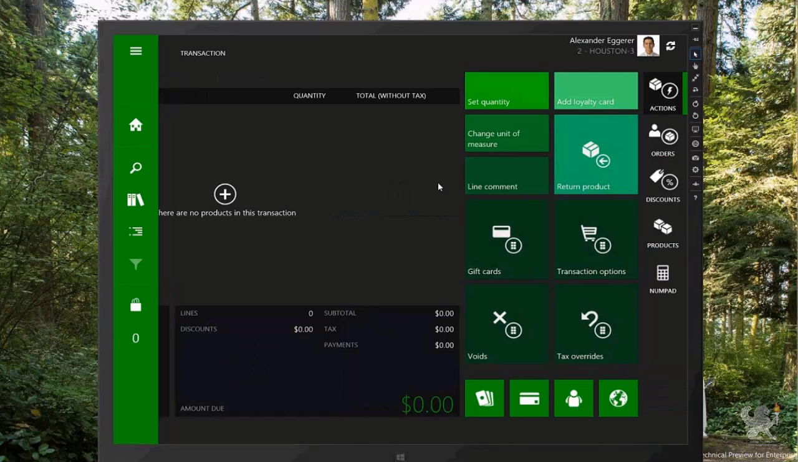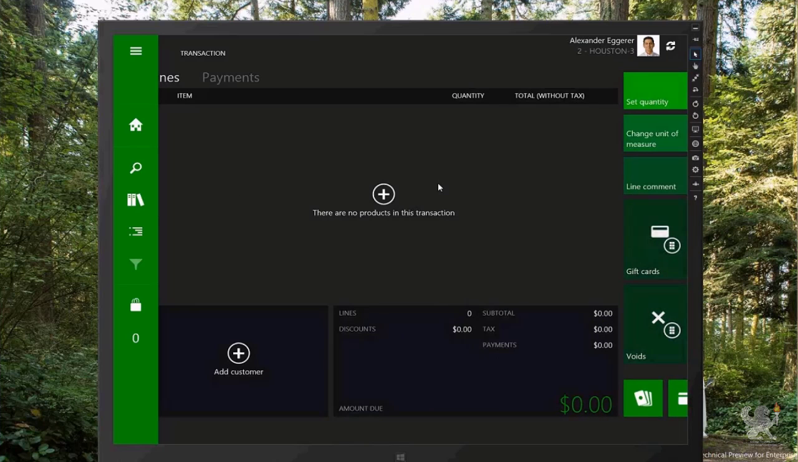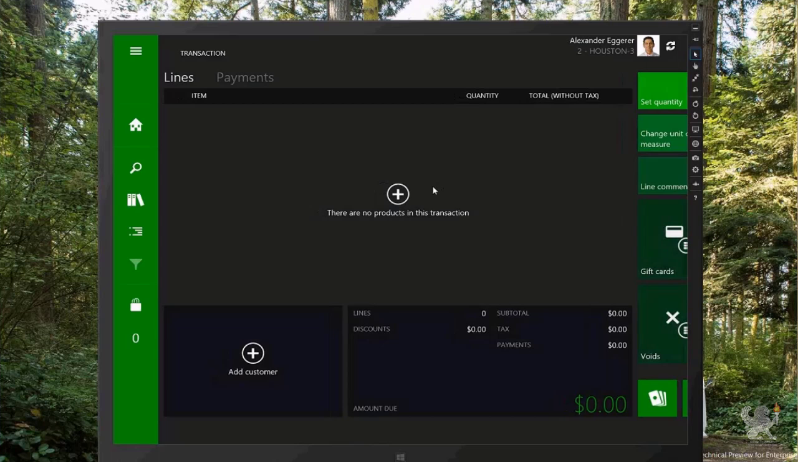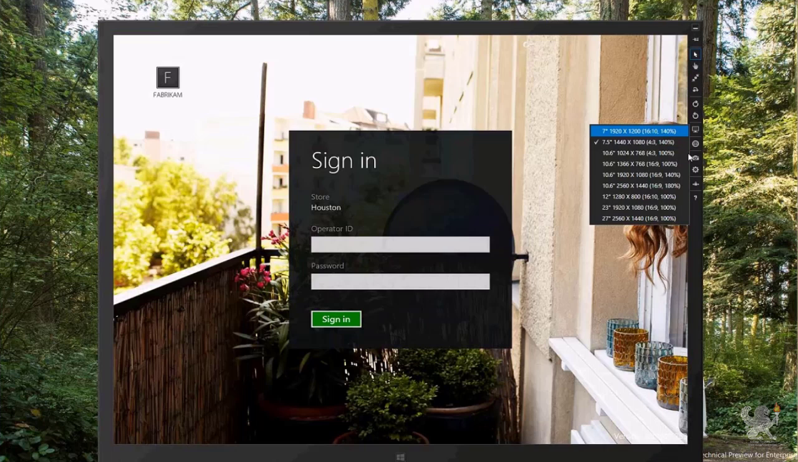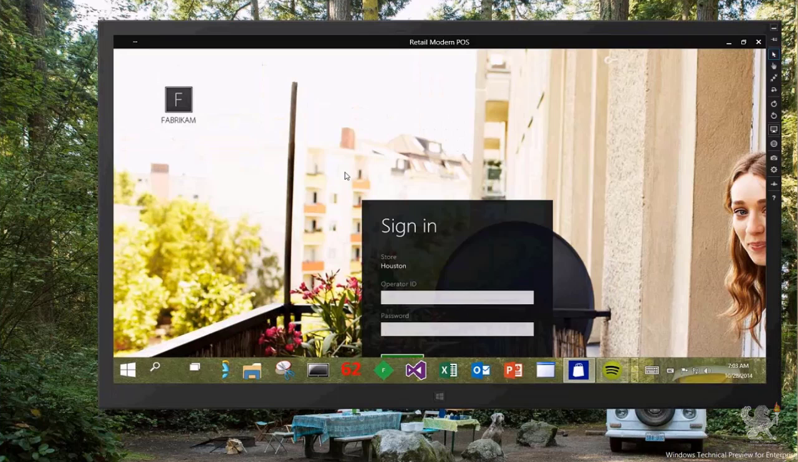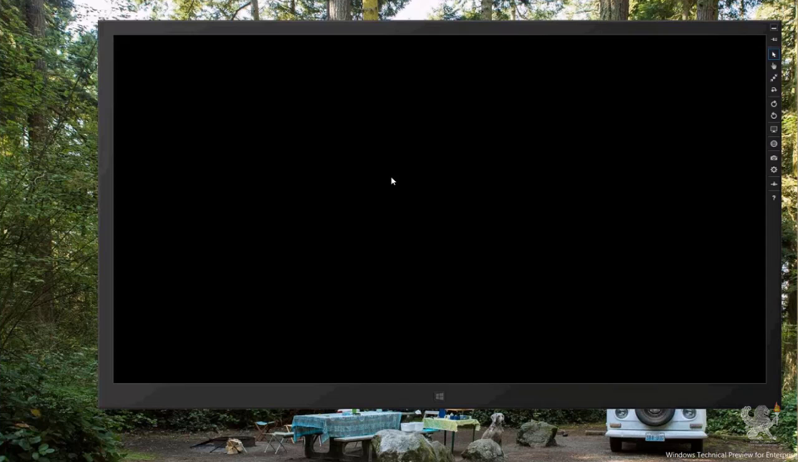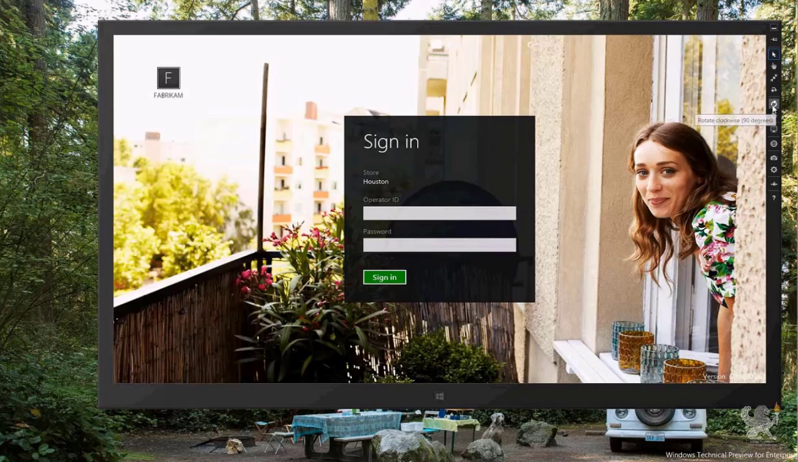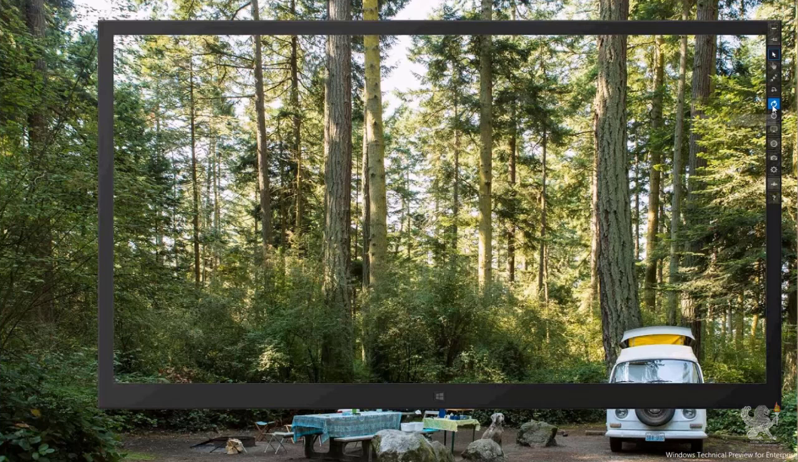So here you'll see that this is now scrolling, where you probably wouldn't want that on your transaction screen, at least not in most cases. Although maybe you could think of a way to work that to your advantage. I'm going to go back and switch back to 1366 by 768. And then we can also do portrait. So by switching this here,